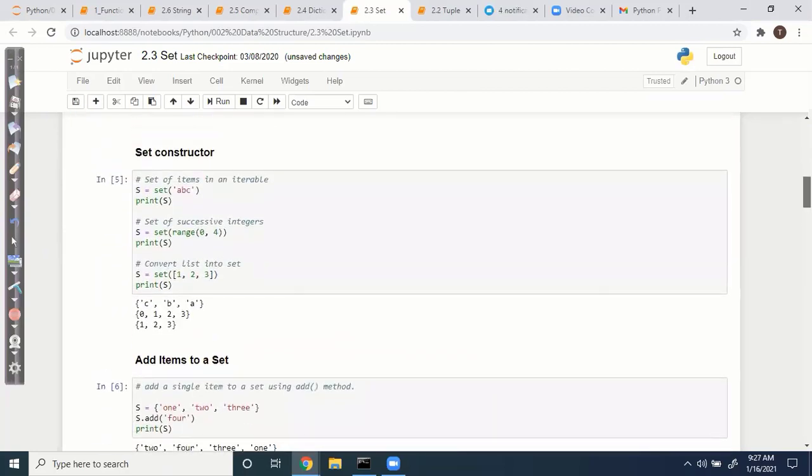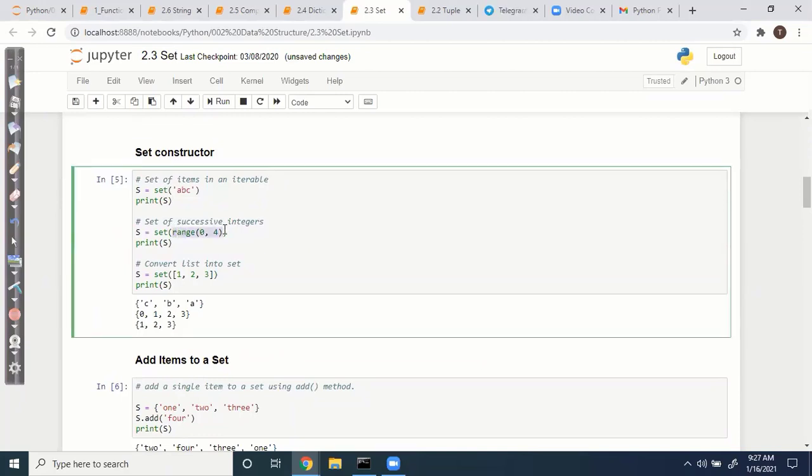How to create a set? Okay, the set function is there, similar to other things. So we can put a range function in it. Okay, play with it. Each and every line is very important. These are very basic things. If you play with each line, you can master it. If you see any big case studies and coding in Python, a lot of coding is available on the internet.